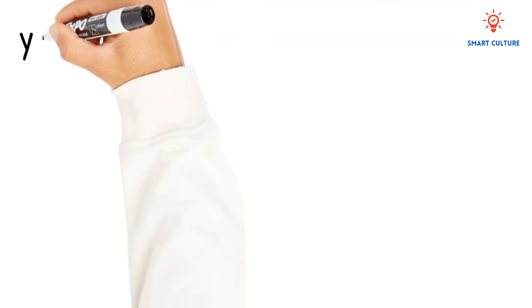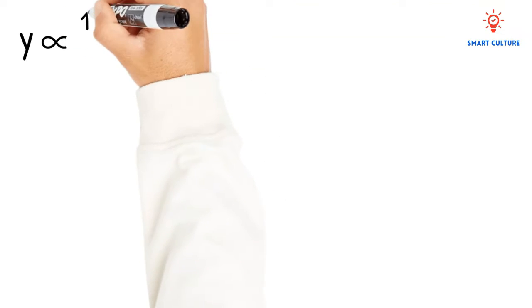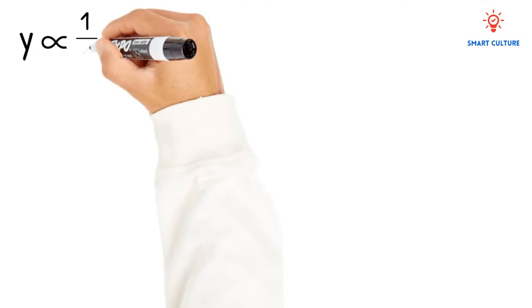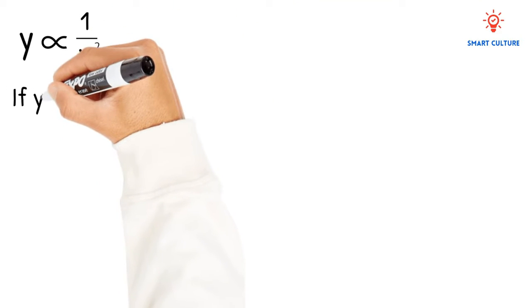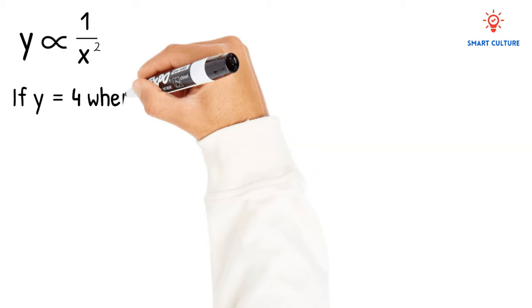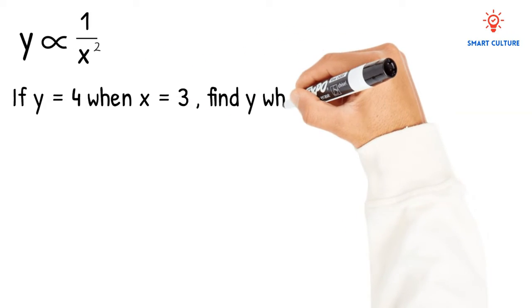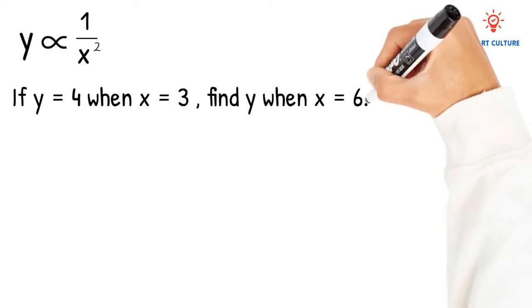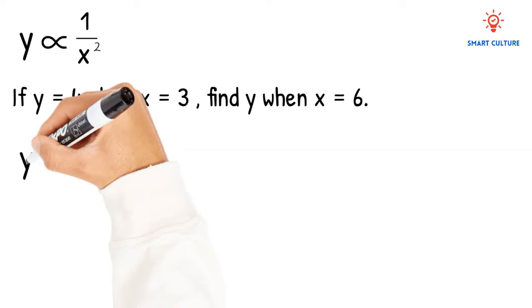Let's take a look at an example question. So here we have y is indirectly proportional to x squared. So if y is equal to 4 when x is equal to 3, find y when x is equal to 6. Now remember, when two variables are directly or indirectly proportional to each other, then the relationship can be described